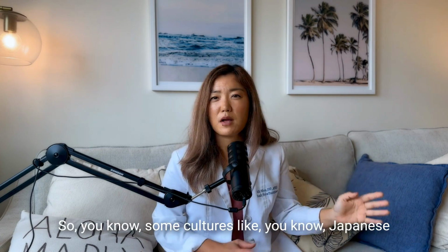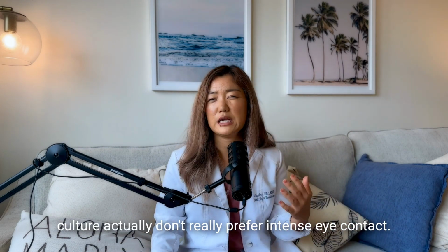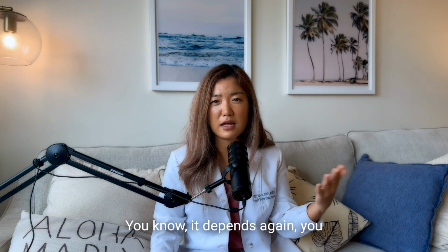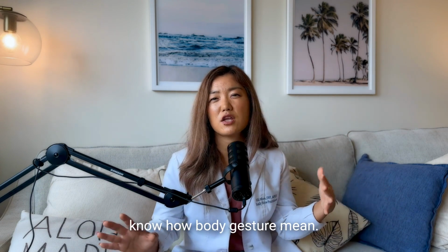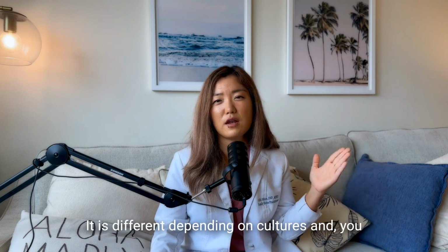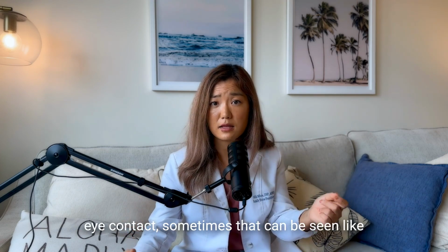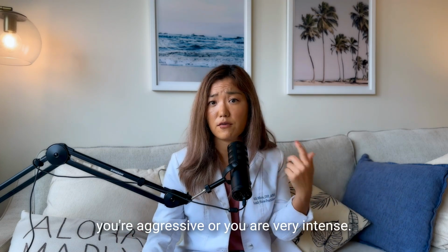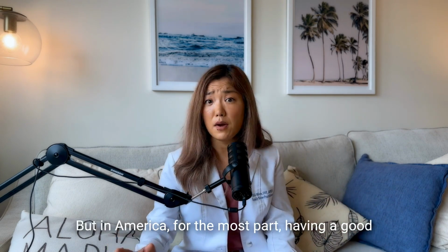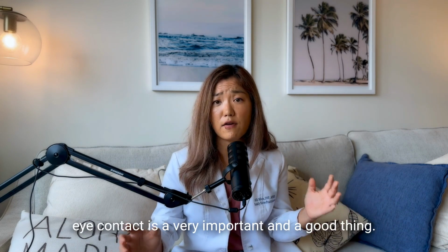So, some cultures, like Japanese culture, actually don't really prefer intense eye contact. It depends, again, on how body gestures mean different things depending on cultures and countries. Like in Japan, if you have intense eye contact, sometimes that can be seen as aggressive or very intense. But in America, for the most part, having good eye contact is a very important and